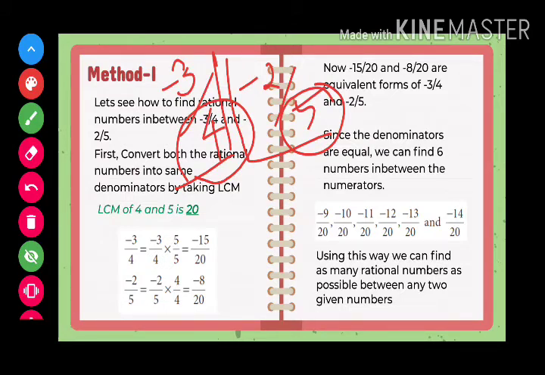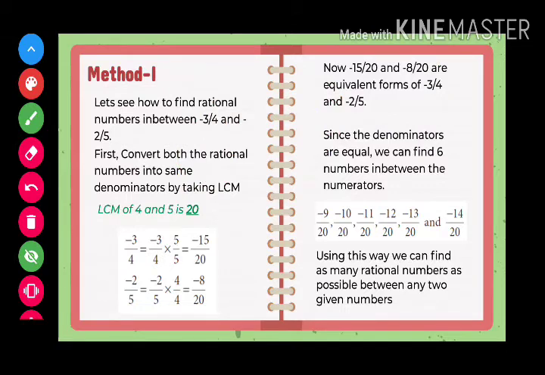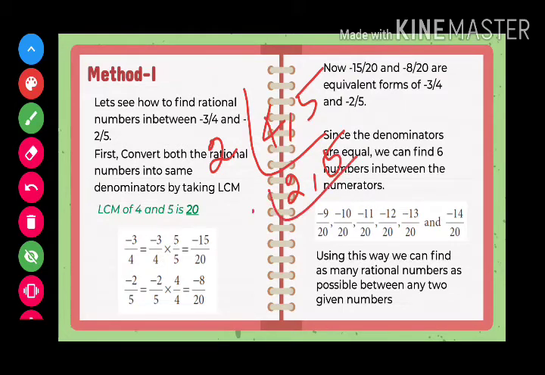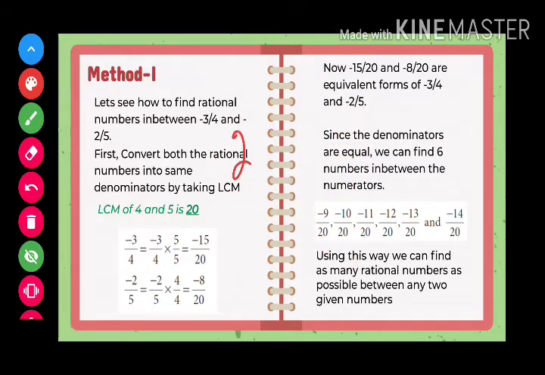To convert the denominators into the same number, we should take the LCM of the denominators first. So what are the denominators here? The denominators are 4 and 5. We all know how to take LCM. We'll write 4 and 5 here, and we'll take 2. 2 2s are 4 and 5 remains the same. Again 2. 1 2s are 2 and 5 remains the same. 5 again. So 1 and 1. Now the factors are 2 into 2 into 5, which gives us 4 into 5, which is 20. Hence the LCM of 4 and 5 is 20.